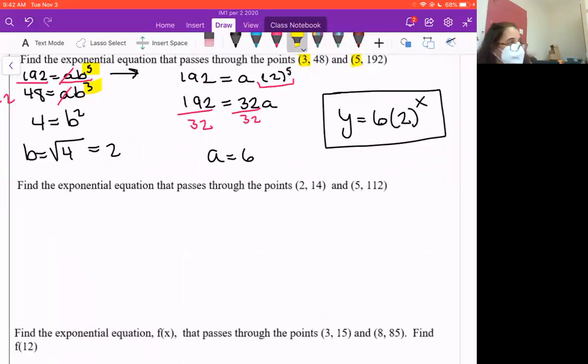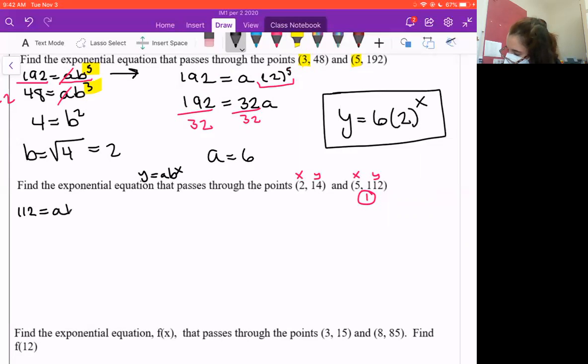Okay, our second one. Find the exponential equation that passes through, and we've got an x here and a y here and an x here and a y here. I'm going to use that point first because the x is bigger. And I'm going to put them into, remember it's y equals a b to the x. That's what we're plugging into. That's the exponential. So starting with point 1, 112